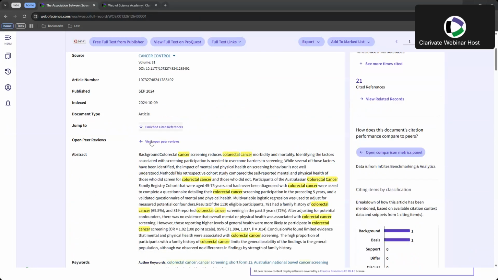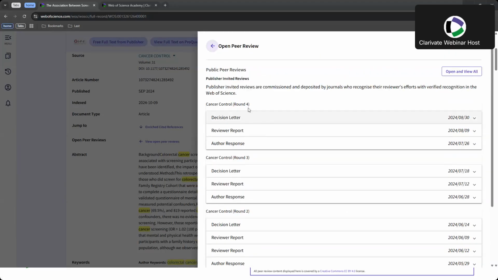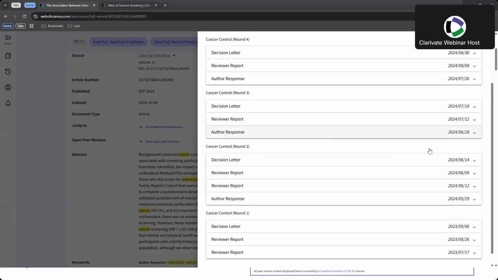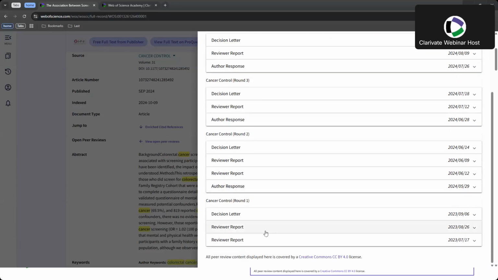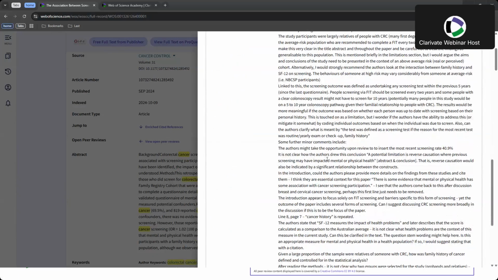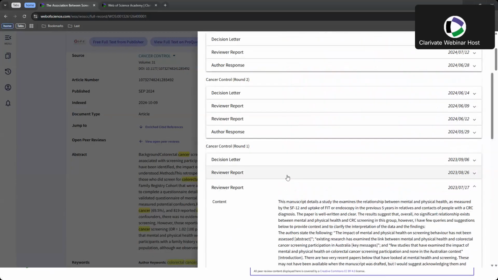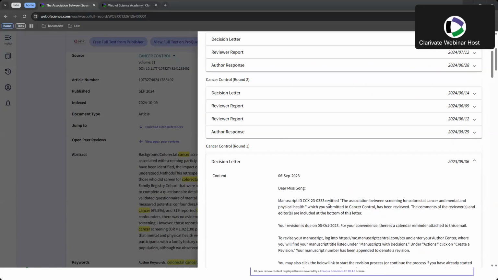And you'll see open peer review. And here the manuscript went through 4 rounds, round 1 to round 4, from July 2023 to August 2024. So I can have a look here, for example, that's the first response of one reviewer, quite generous. And then another here. So here they basically say, do not contribute to our knowledge and so on. We need something more robust. And the editor comes back and says